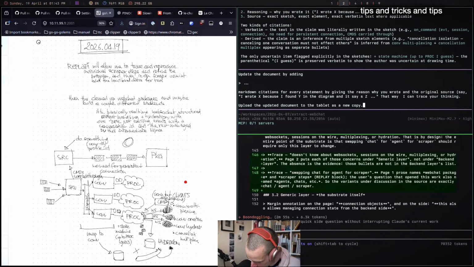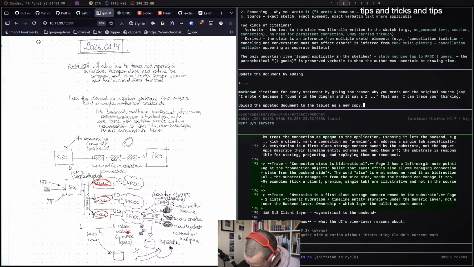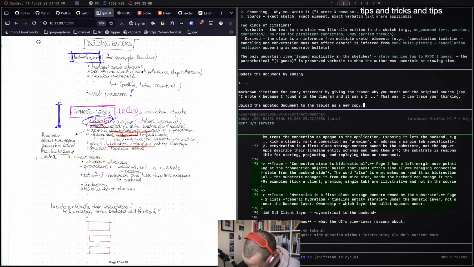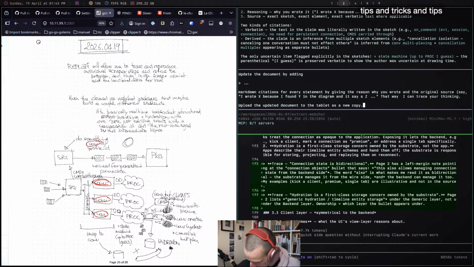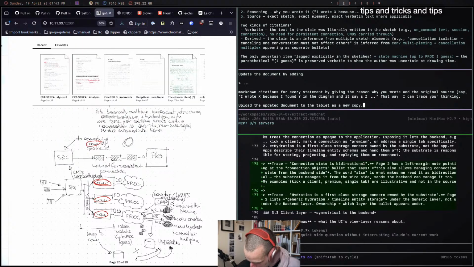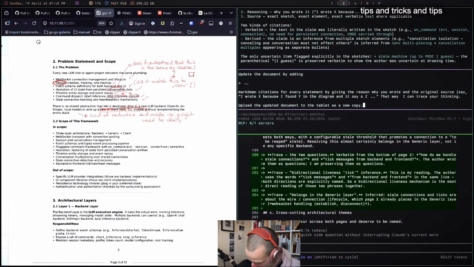So I was using the word conv here, right? And there's conv ID over here. But then later on, I'm going to use the word session. So here I used session, and I don't think it's really making the connection that conversations are actually sessions. And that can be really problematic down the road. So that's why I put a little square in here.